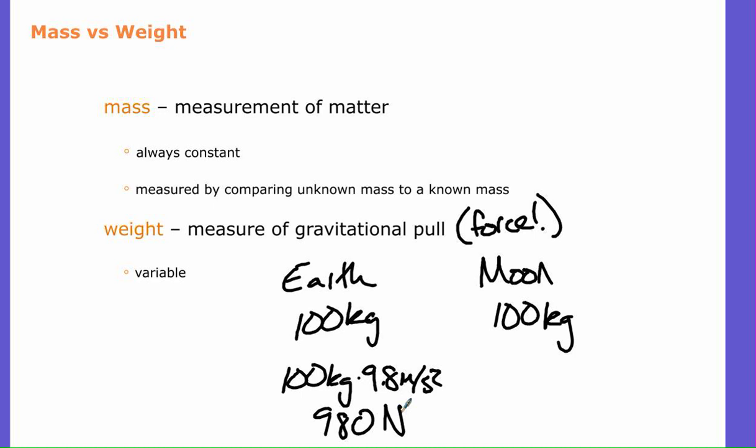Whereas on the moon, I'd still be 100 kilograms, but I'd take it times 1.6 meters per second squared, and I'd only have a weight of 160 newtons, right? Which is roughly 16% of what my original weight was. I'd be a lot lighter if I was standing on the moon, but I'd be a heck of a lot heavier if I was standing on Jupiter somehow. Kind of hard to do that because Jupiter is a gaseous planet, but if I could stand on the surface without just crashing down to the center and being crushed to death, I'd have a very large weight there. Okay, so that should be good for now, for this first video.